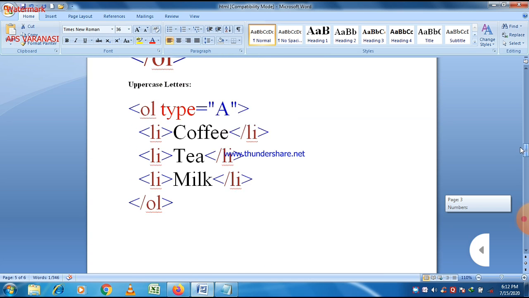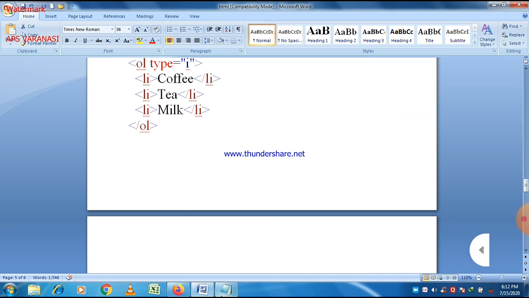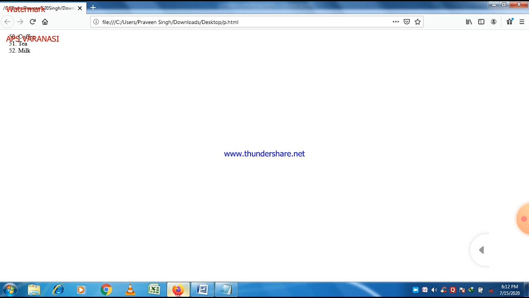What is the output when we take type is equal to a, not a number but an alphabet, small a or capital A, small i, capital I?